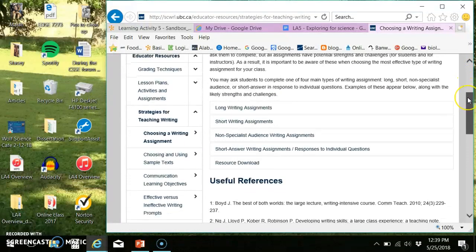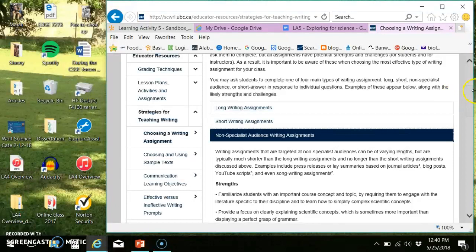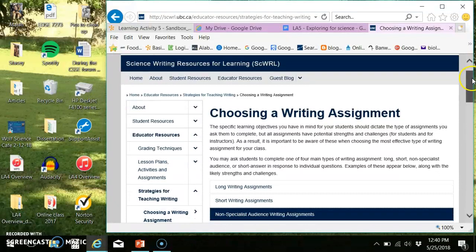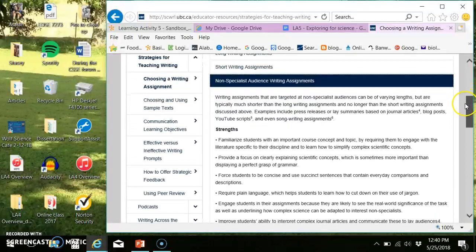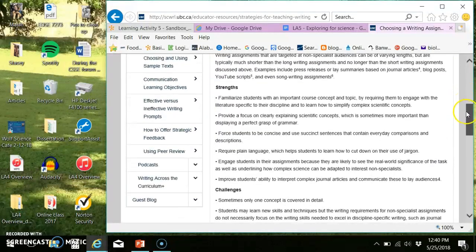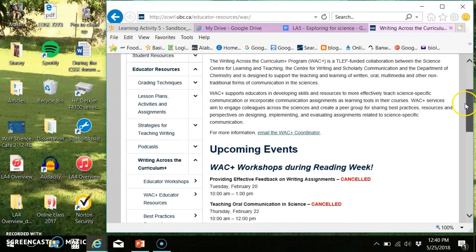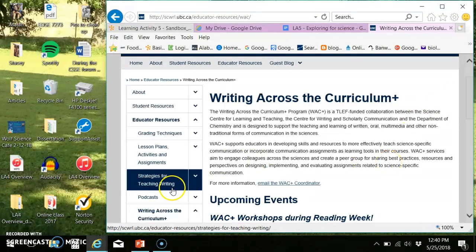So I think I played through this the other day, and one of the suggestions that they had was looking at writing for a journal and giving students different topics and specific things that would help, like a news article, where you present a problem, this is the issue, and how you present that to an audience that may not be scientists. So that would be adding in content vocabulary, but it would also be adding in the writing piece of